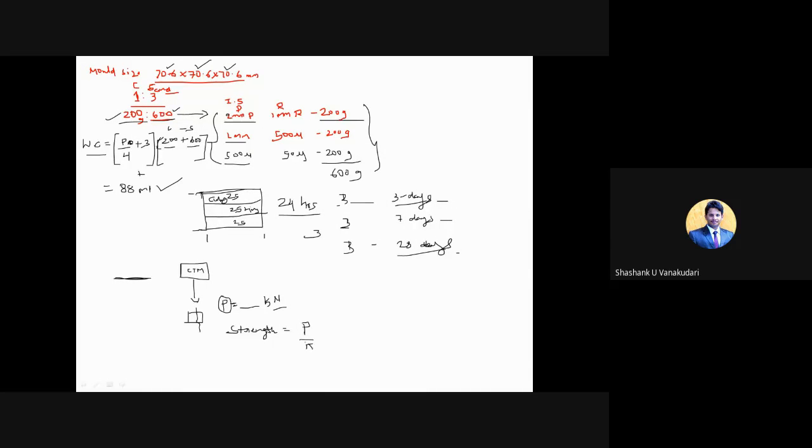P, which is in terms of kilonewton, area in terms of mm square. Area you will be knowing, that is 70 by 70 (70.6 mm), and then you can consider the same area here, and then you will find out the compressive strength in terms of Newton per mm square. So this is the procedure of the compressive strength. So you will come to know in this way.